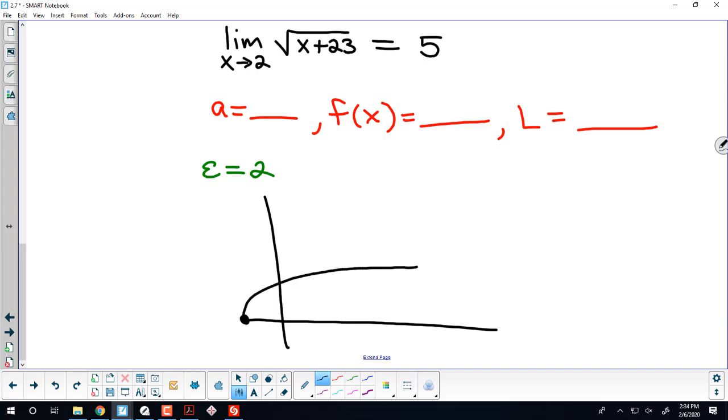I don't know, this isn't to scale, but if I said epsilon is equal to 2, and then find the delta that satisfies the definition of the limit, you should kind of know what we're doing. I don't know that it necessarily matters that you write down the absolute value of this minus this is less than this, but we should know that, all right, well, that means I'm 2 units from 5,